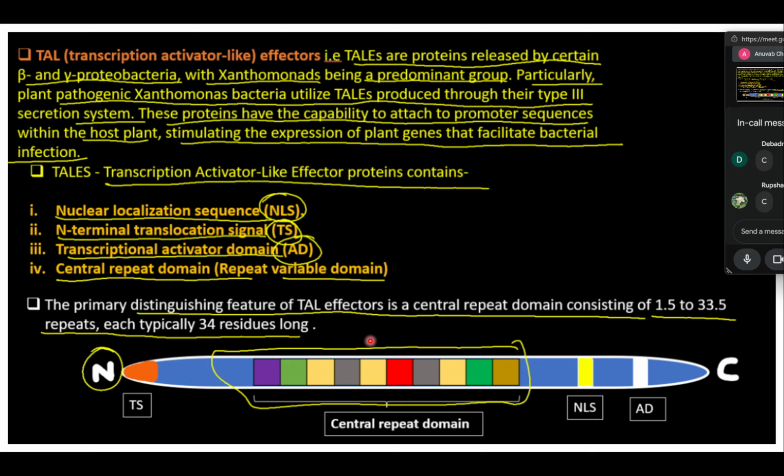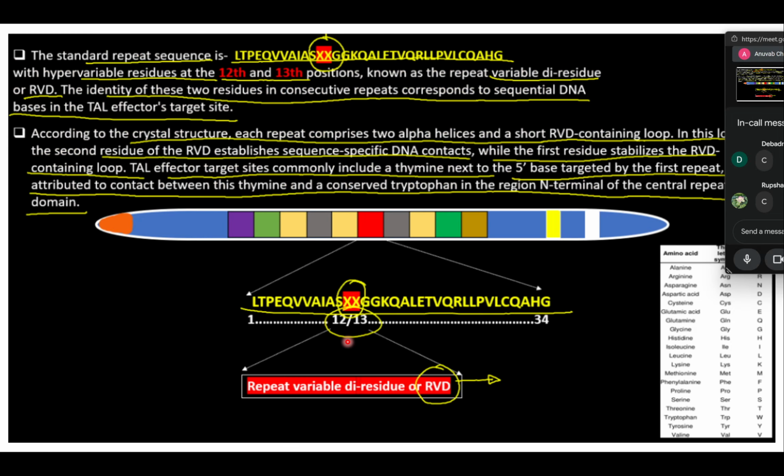And the central repeat domain actually has specific sites which can bind to nucleic acids. So the repeat sequences in between the entire tail, there is the hypervariable 12th and 13th position, known as the repeat variable diresidue, or the RVD, the identity of the two residues in consecutive repeats corresponding to sequential DNA bases in the TAL effector's target sequence. So essentially, all these repeats are there, and these two particular residues can be designed to bind to different nucleic